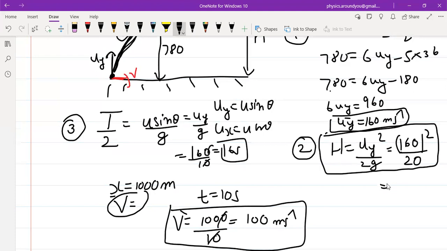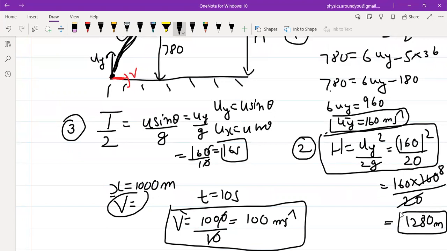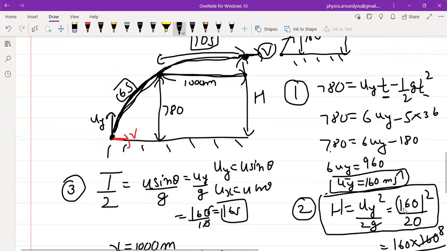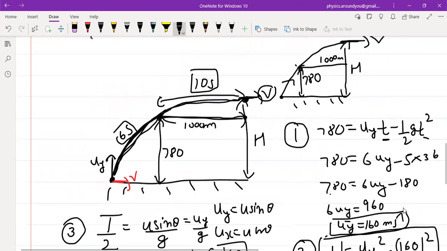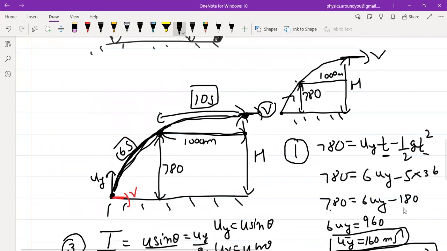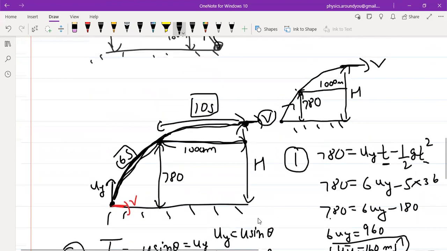And if I simplify this, it is 160 into 160 by 20. 20 goes with 160 as 8 times. So the altitude from which it is dropped is 1,280 meters. You see, with the minimum of hodgepodge, we have arrived at a very wonderful result: